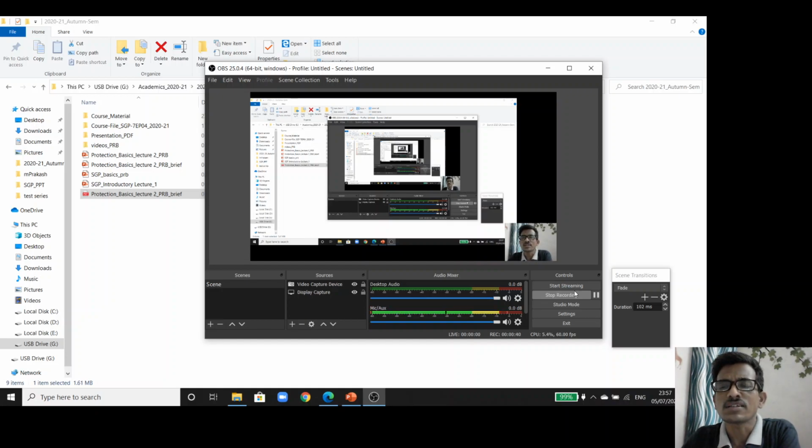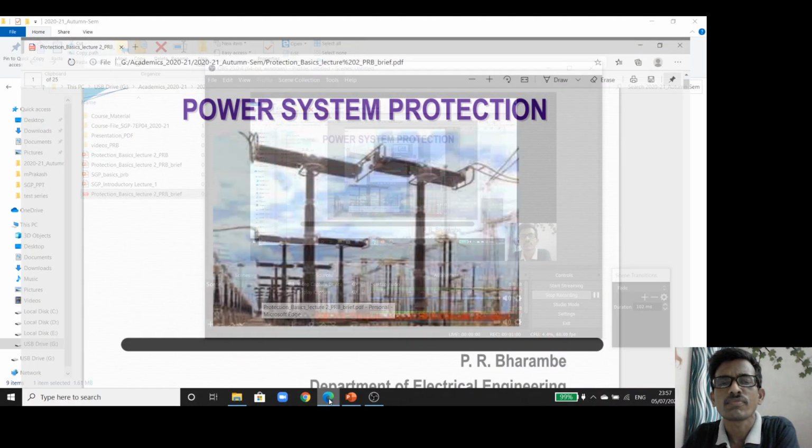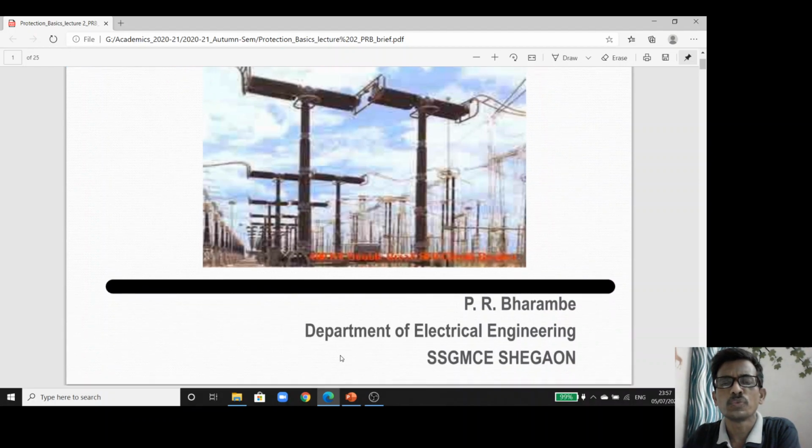Now, let us begin with our syllabus. So today we see the basics of power system protection. So let us see the basics of power system protection. So let me share my screen with all of you. So, basics of power system protection. My screen is visible to you. Okay. See. So we know